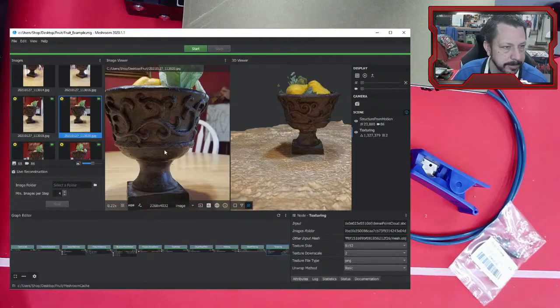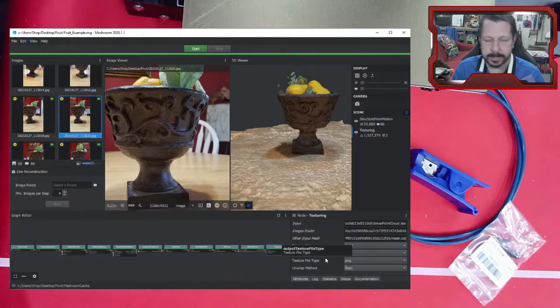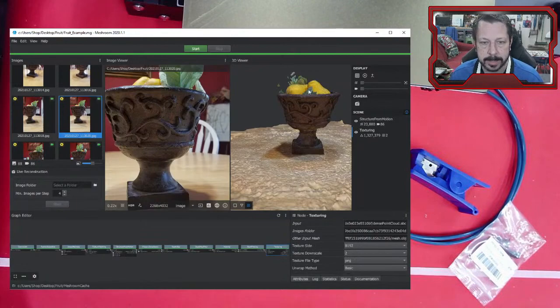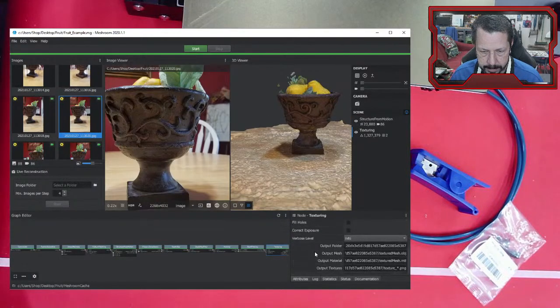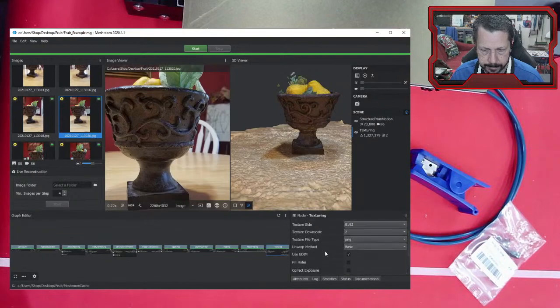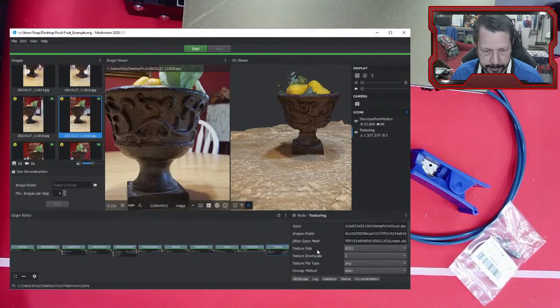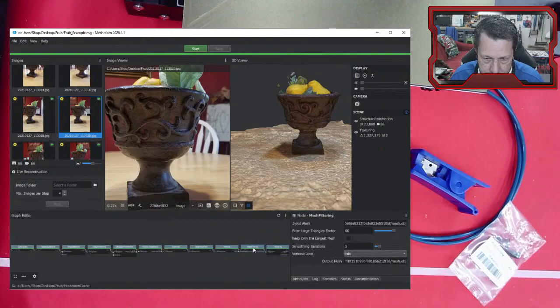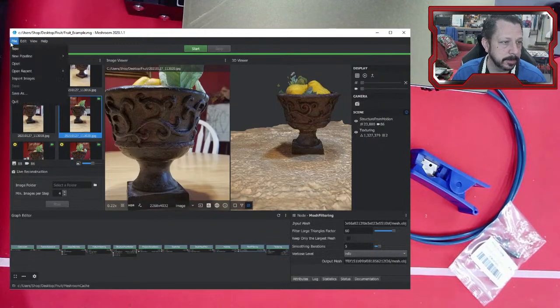I'm not sure that this software actually comes with any post-processing stuff in it. I don't think it does. I think you have to go into another program. This is going to generate, let's see what it generated. Well, that's the texture file. I don't remember where it put, oh, maybe I can just, I think it saves it